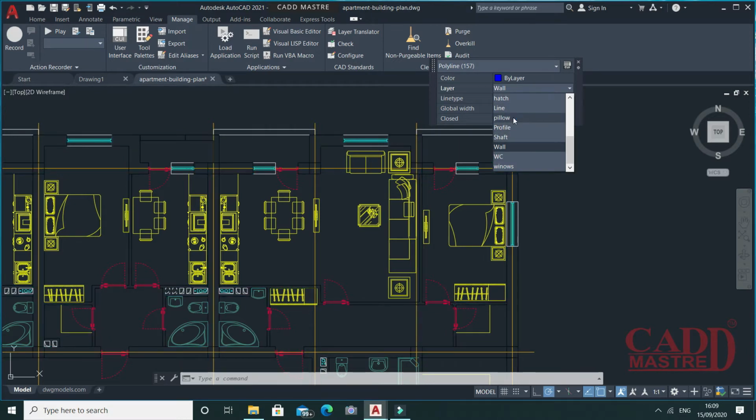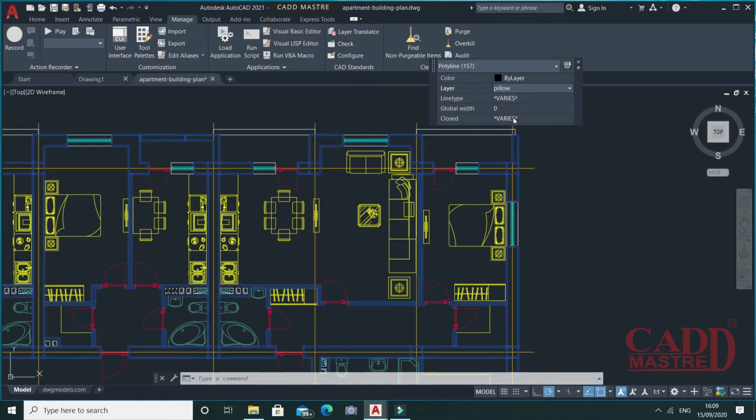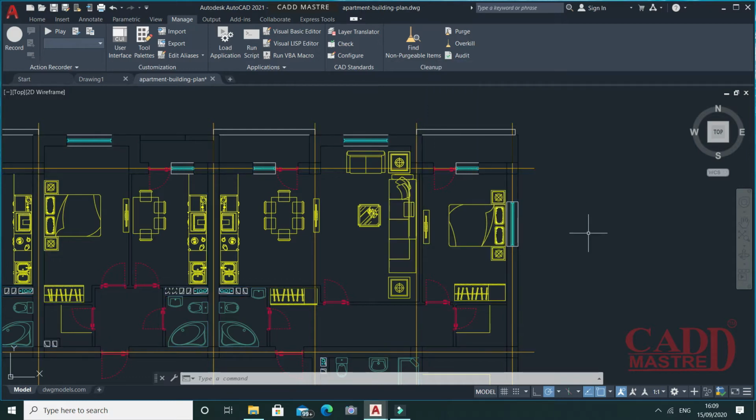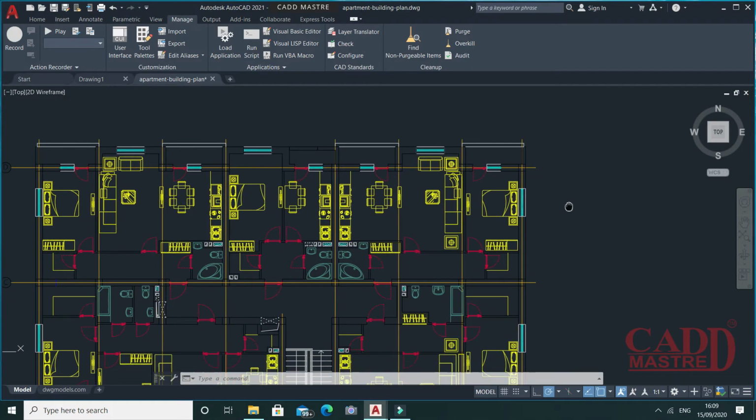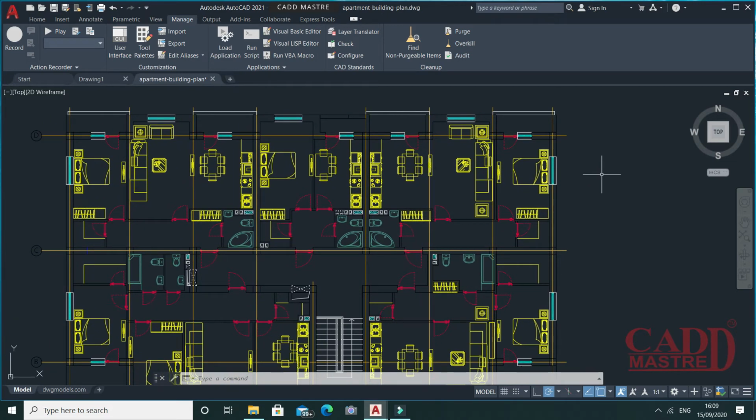So if you want to transfer the layer, you will find some changes on the drawing. So this way you can use the purge, as it has the new enhancement from Autodesk.